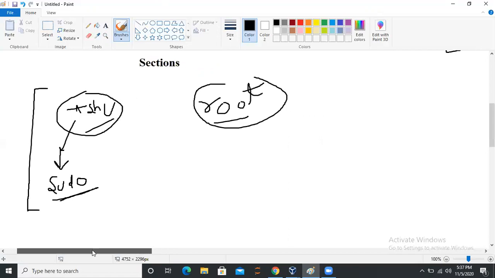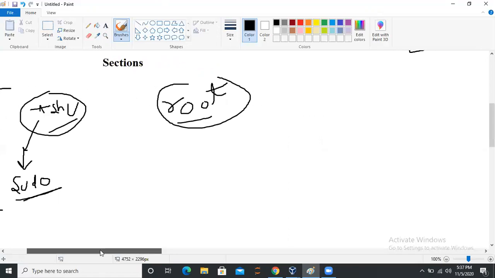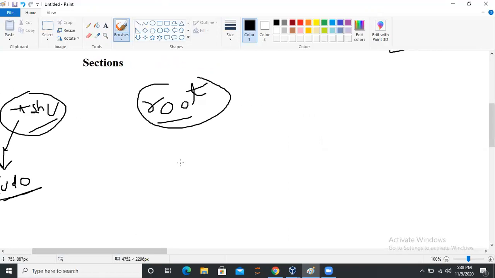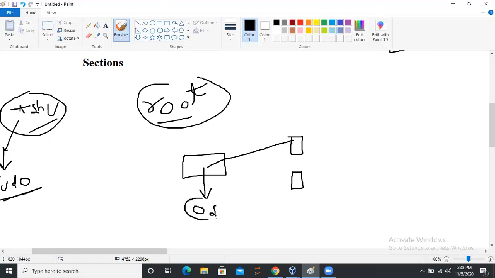By default, when you use SSH keys or try to connect to the managed host, for example, this is a controller node, and there's a user whose name is OS. This is the controller node, and these are two managed hosts. When you try to SSH or remotely connect to them, Ansible looks for the same user on that particular machine also.